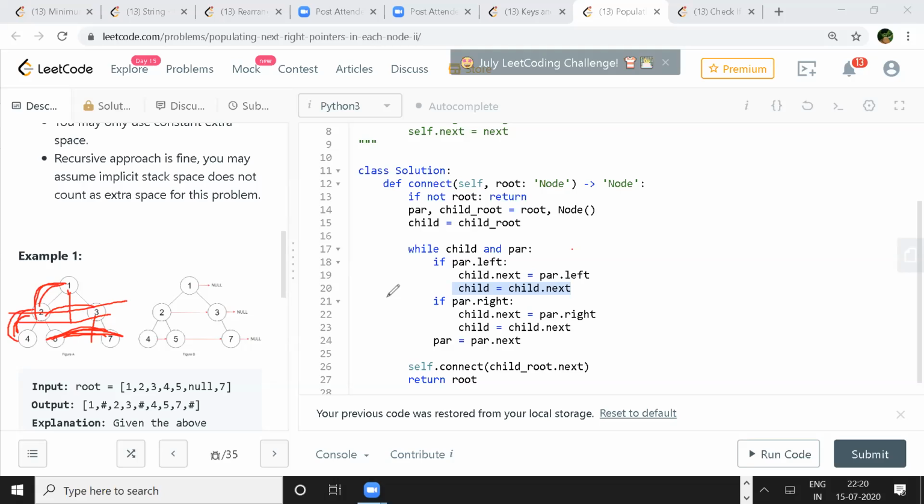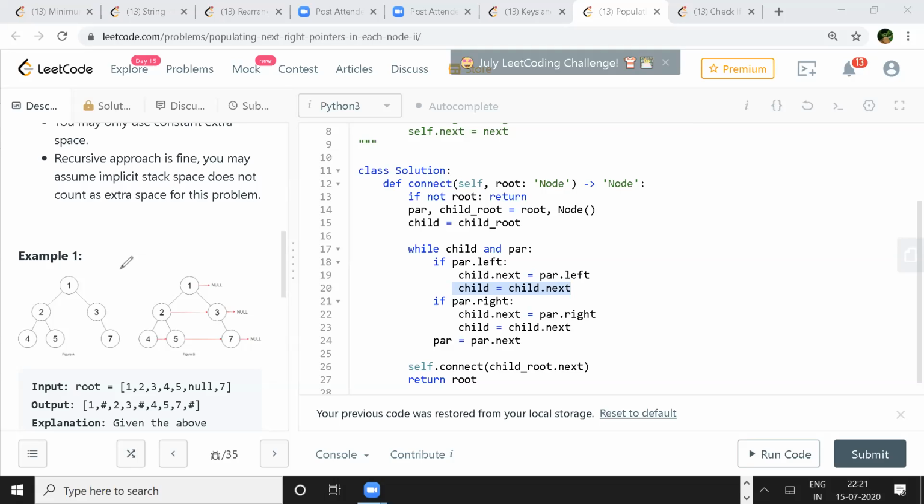But this has to be the first. This has to be the leftmost child of the current level, right? Yeah. So when he goes to that connect and comes to that level, the first thing he will check is always the parent's left. That is what he's doing, right? If it is true, then only he goes in that 19 and 20. If it is not, then he goes to that right. Okay. And in the line number. Yeah, go ahead.